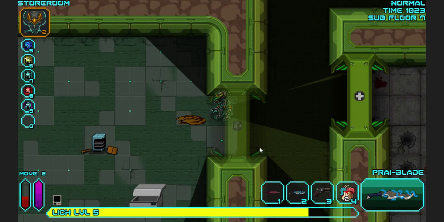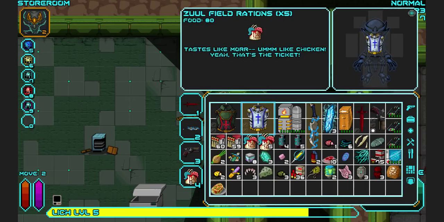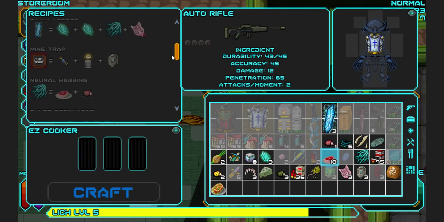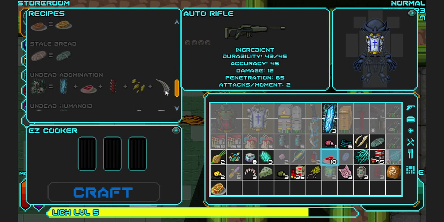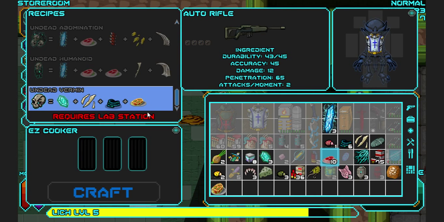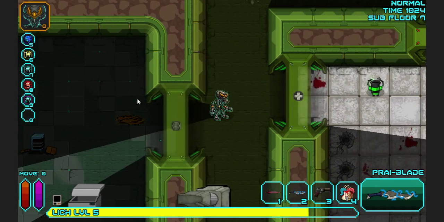Eat some food. Craft me. Oh, I can't craft the necro. That thing's on this thing. I have to be... Oh, live station. Okay, what the heck, so...